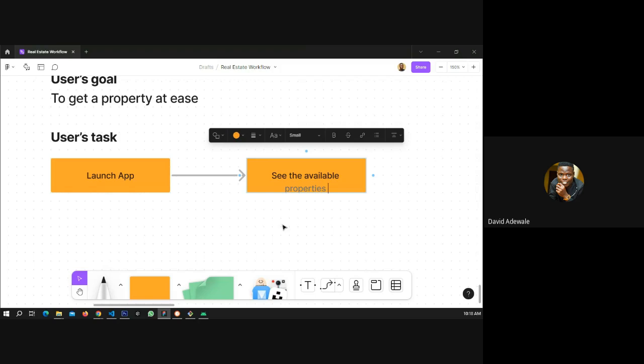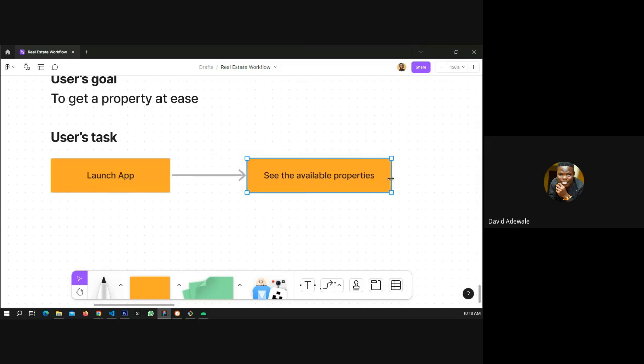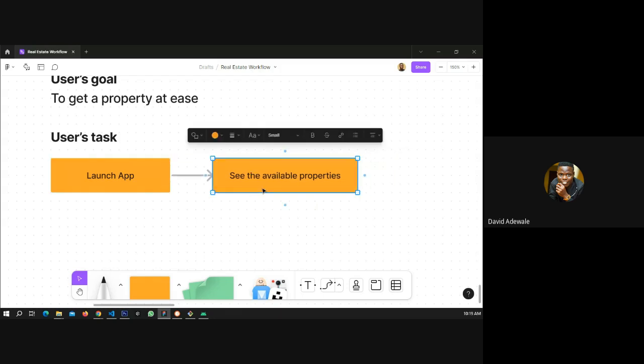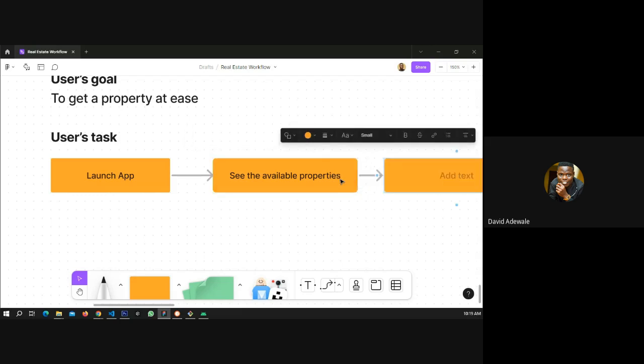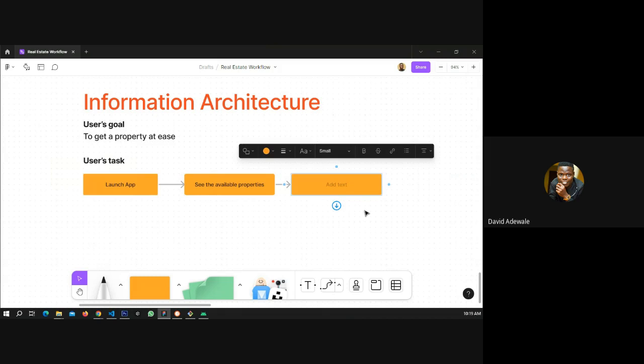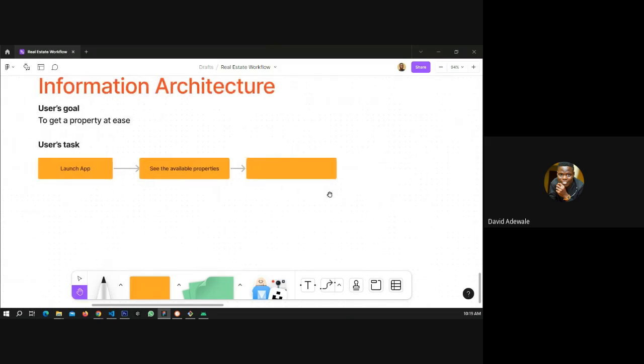So I just need to increase this guy, and then this guy is too long. I can reduce it so that I will have a good design. So after you've seen the available